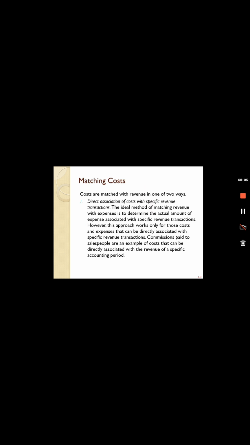Matching costs क्या होती हैं? Direct association of cost with specific revenue transactions. The ideal method of matching revenue with expenses to determine the actual amount of expense associated with specific revenue transactions. However, this approach works only for those costs and expenses that can be directly associated with specific revenue transactions. Commissions paid to salespeople are an example of costs that can be directly associated with the revenue of a specific